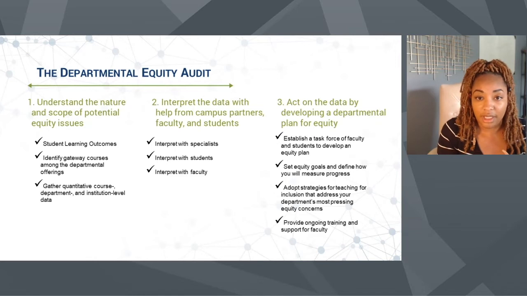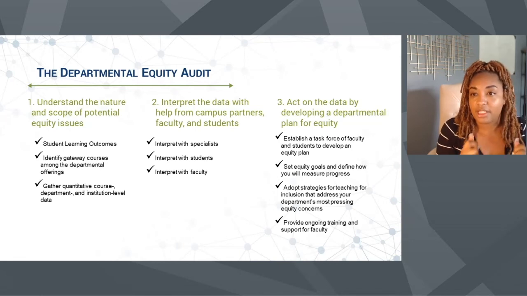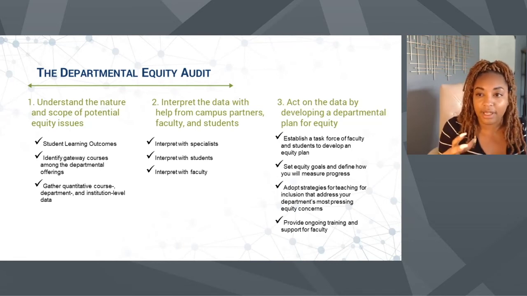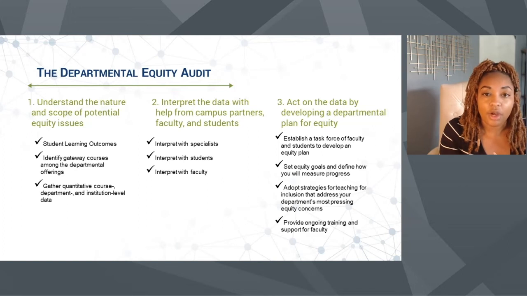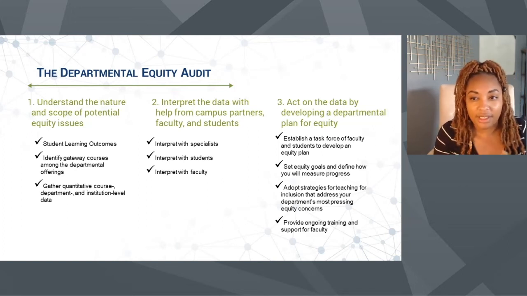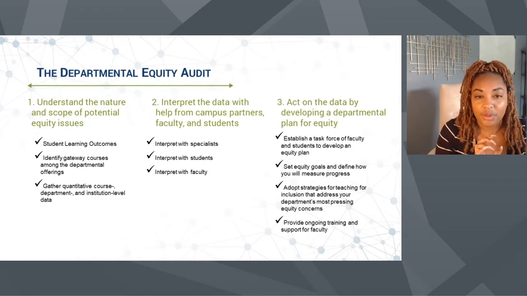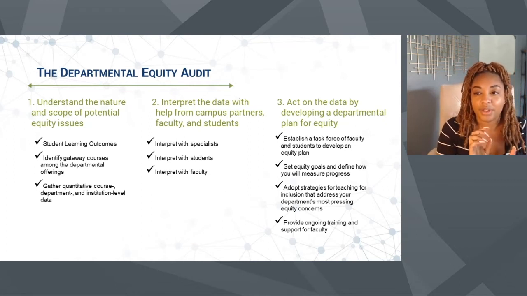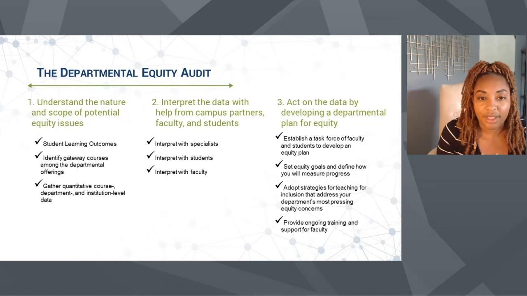You want to do this in community and with this task force. And ideally, you'd like to build this plan and these measurable goals in ways that bring faculty and students together as co-creators, right? If you have questions about what those goals might look like, or what types of things you might want to include in that plan,